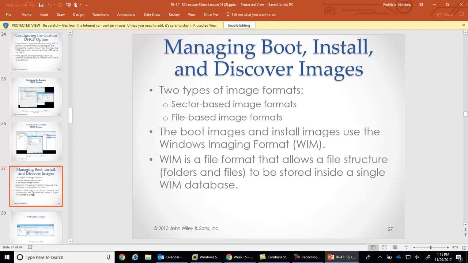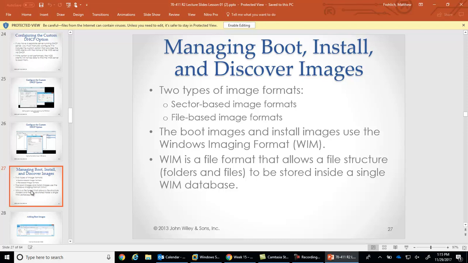So if I had an HP ZBook, I would have to create an image of that HP ZBook, and then I could only push it to other HP ZBooks. Because if I pushed it to like a Dell or an HP 360, the hardware layer is different and it wouldn't boot, or you'd get blue screens of death. That's kind of how Norton Ghost used to work back in the day. That was one of the bigger